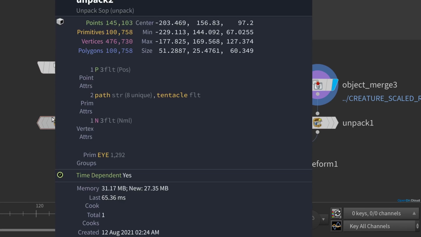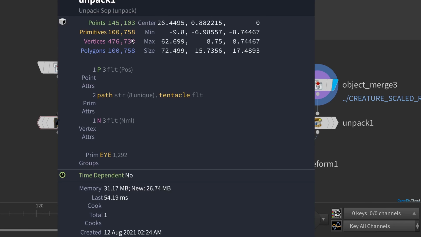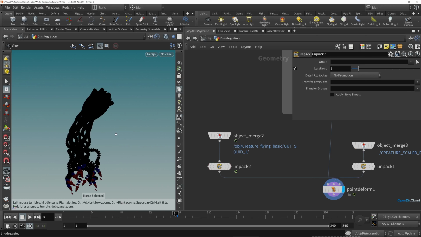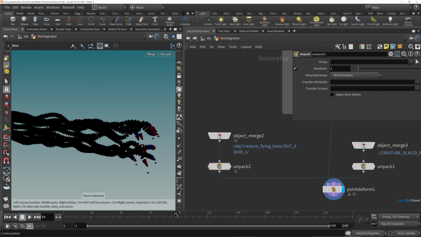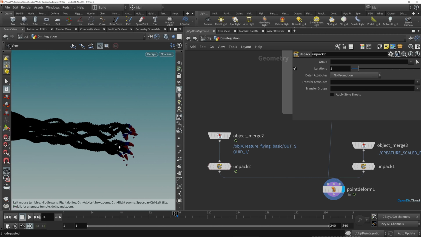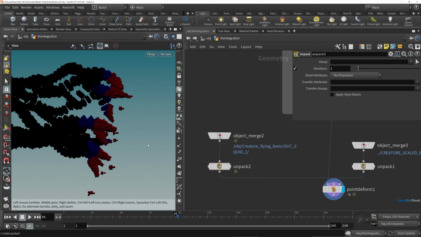So if we middle mouse the flying animation, that's 145,103 points, and middle mousing on the unpacked creature rest, we have the same number of points there. So let's put the animation into the third input of the point deform, and now we have some animated grains flying through the air. And this is working reasonably well, but we are running into some issues with the tips